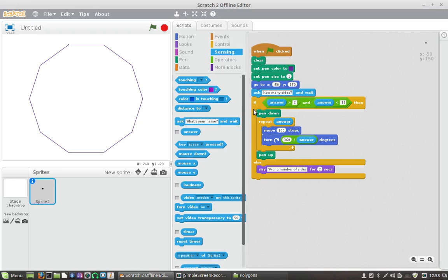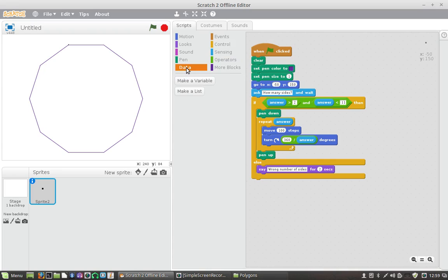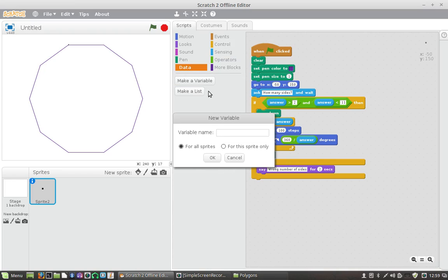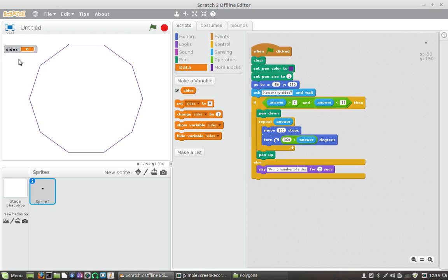So the way to do that is we can replace some of this stuff here. And what we'll do is we'll go and get ourselves a variable, which we will call sides. Okay, and so we now have this thing called sides here. And not only that, with the variable, you can also do this. You can go to slider. All right, it's called a slider. Now, this is what it does. It gives you a whole bunch of values. And not only that, but you can also